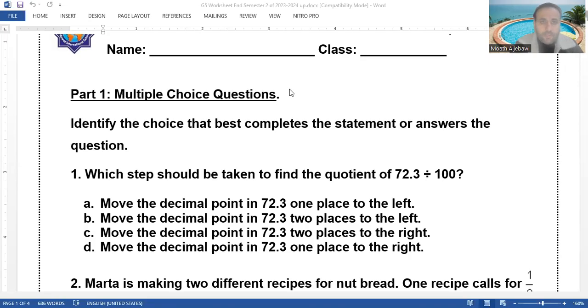How are you, everyone? Today we'll discuss some important points in this worksheet, which is very helpful for the final